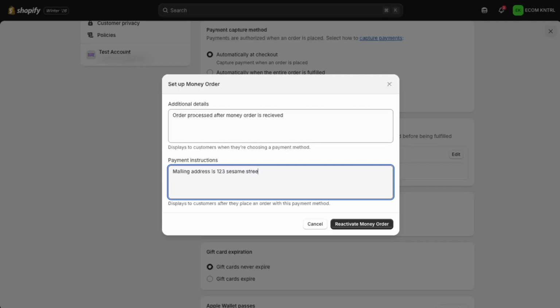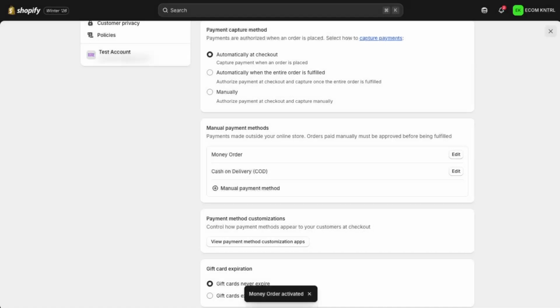When you're happy with the details and instructions, scroll down and click on Activate Money Order. Shopify will save your changes, and Money Order will now appear as a manual payment option during checkout. That's it. You've successfully